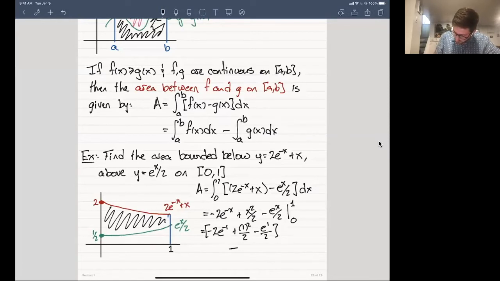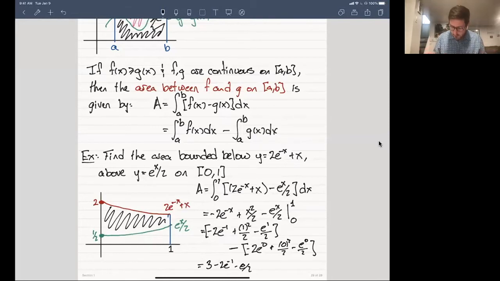And subtracting from the lower bound is going to be minus 2 e to the 0 plus 0 squared over 2 minus e to the 0 over 2. And, after a little bit of algebraic manipulation here, you just sort of need to clean this up. You can find that this is equal to 3 minus 2e to the minus 1 minus e over 2, which,